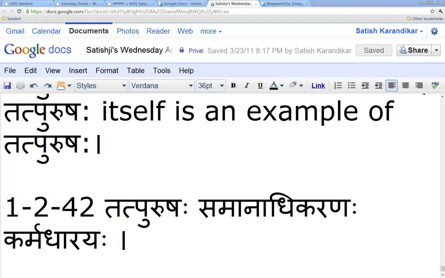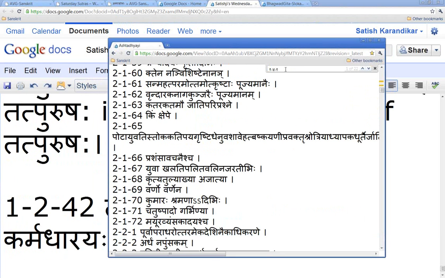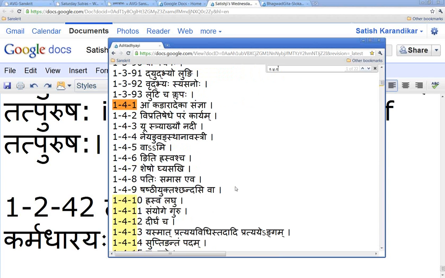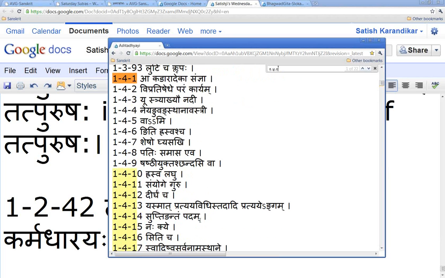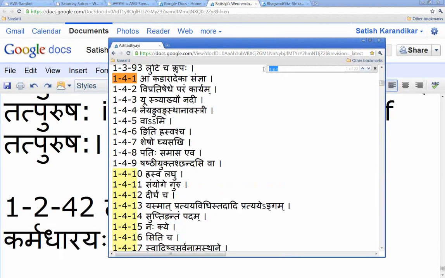In fact, Kalpesh, how about this one? I'm thinking about, again, a little bit of sidetracking here. We talked about this: how can the Bhasanya coexist with the Anga Sanya? Do you remember that, Kalpesh? We are talking about that. Ekadara Eka Sanya, and he says because we have this Suptingantam Padam, we have the Bhasanya also. And then where do we have the Anga Sanya? Yasmat Pratyayadi. Where is that Sutram? Yasmat 1413.